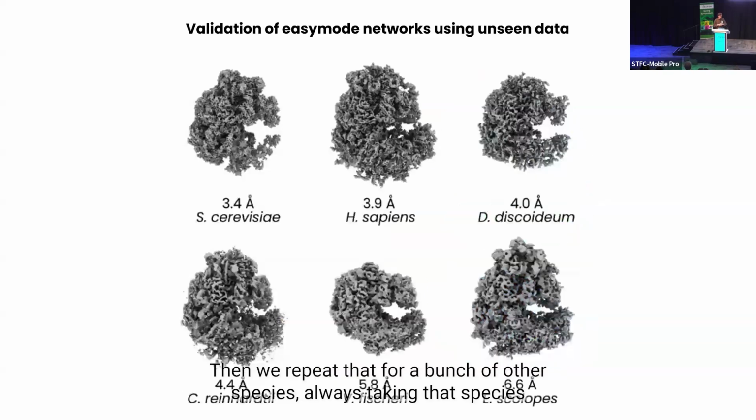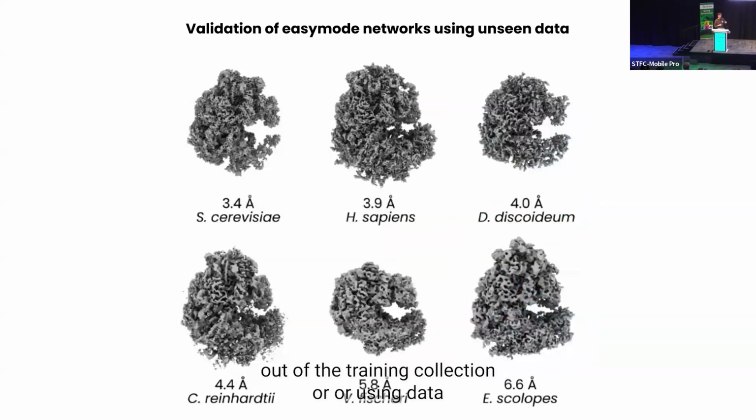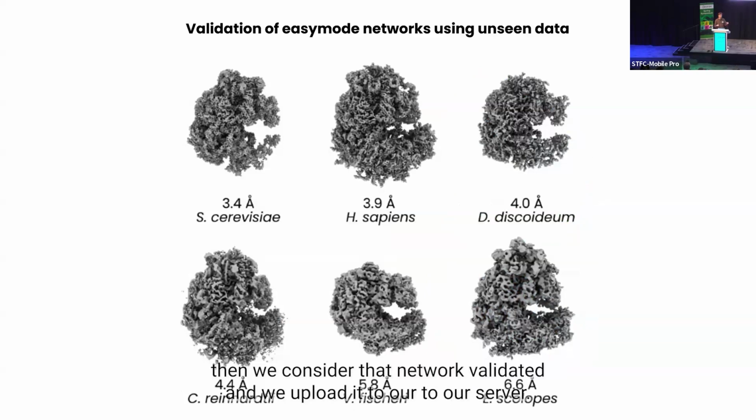Then we repeat that for a bunch of other species, always taking that species out of the training collection or using data that was never in the training collection to begin with. And if we can reliably detect ribosomes using this tool, then we consider that network validated and we upload it